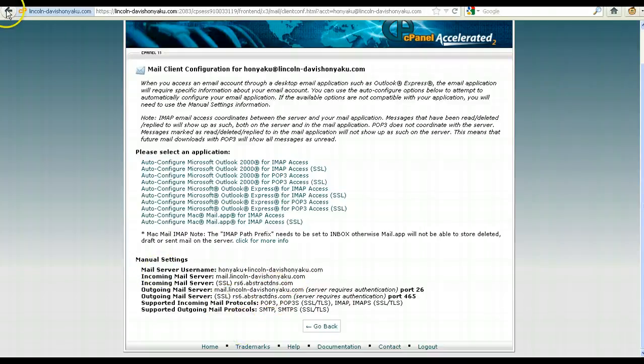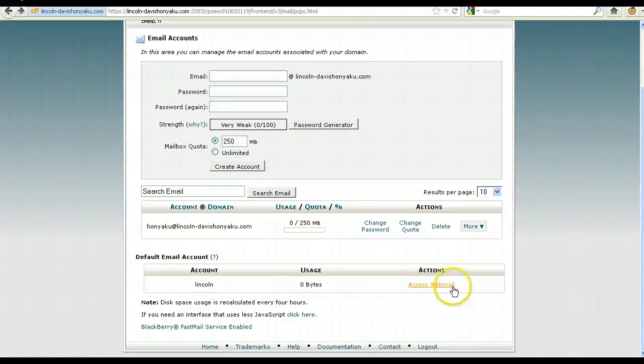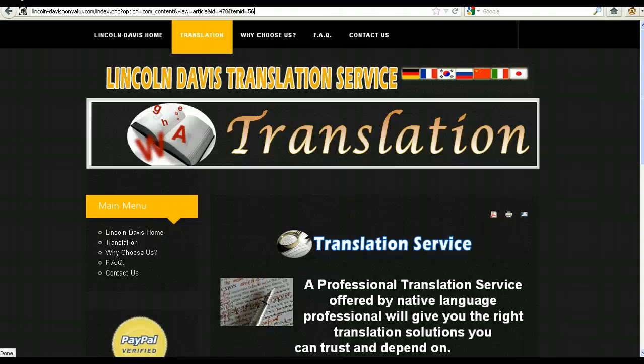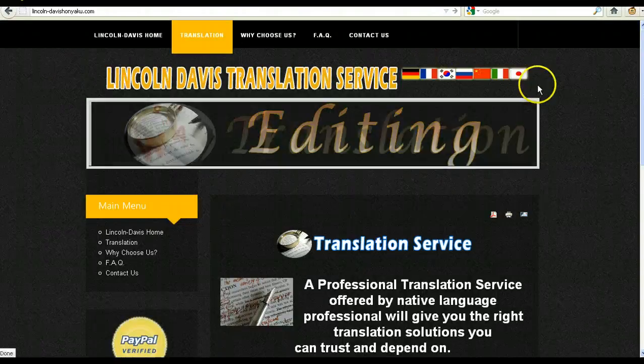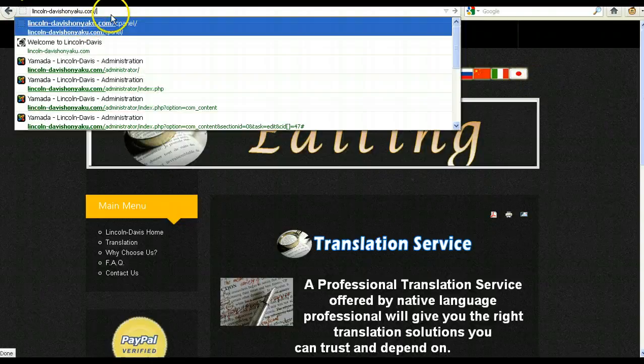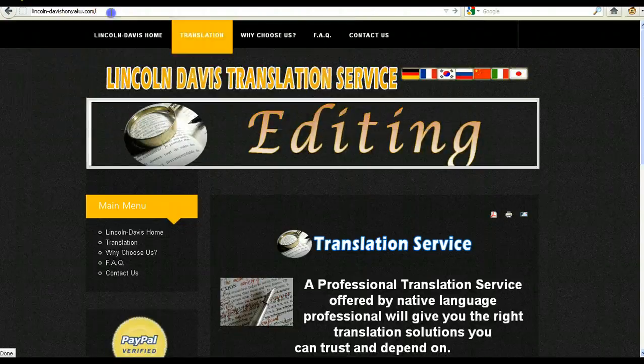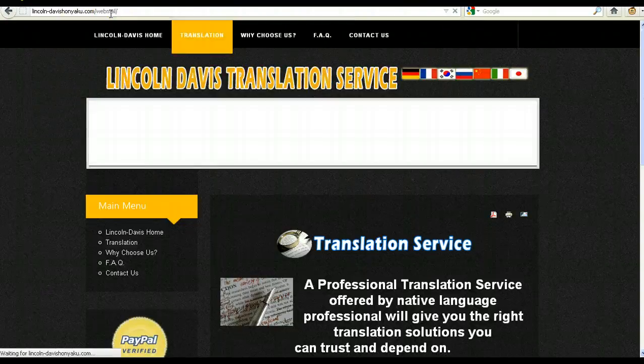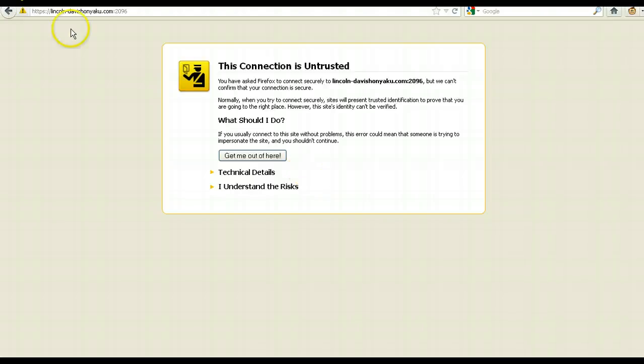However, you can also use webmail. Now, let me show you how to use webmail. I like using webmail because it allows you to check your email and send email from anywhere with a computer. All you do is go to your website and put in /webmail. Now, when you do this, the very first time you'll have to click this again, add an exception,